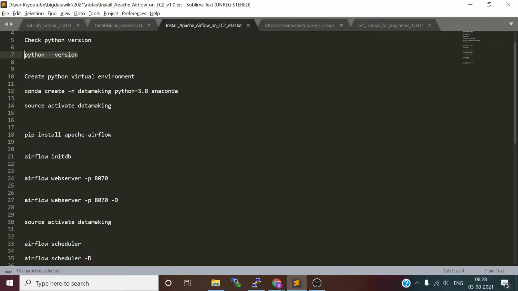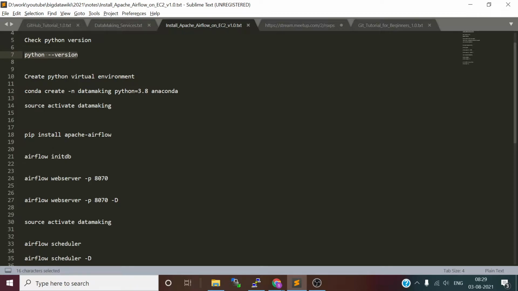Airflow is one of the Python packages, which means this component comes as a Python package. So you need to install a package called Apache Airflow. If you install that, Airflow will be ready for you to schedule your jobs and monitor everything. Generally, we don't want to install this package directly on the root installation of Python. Instead, we want to create a Python virtual environment.